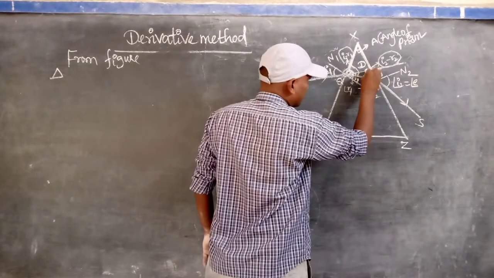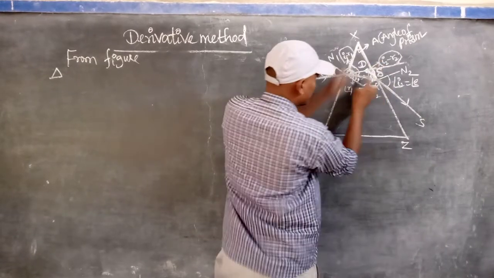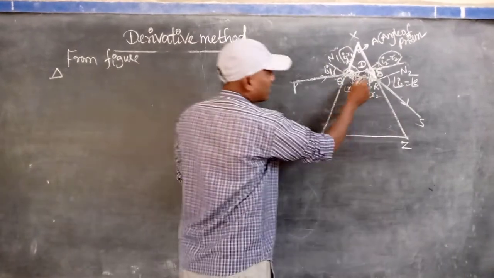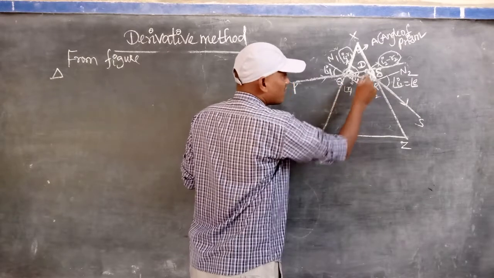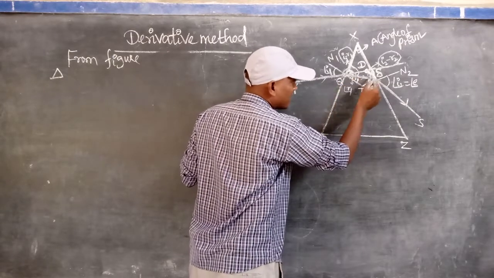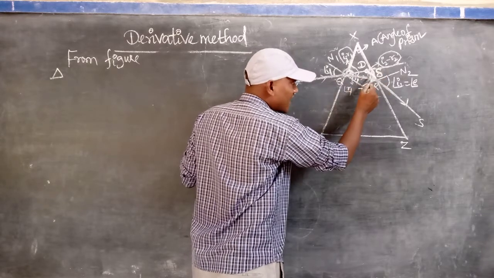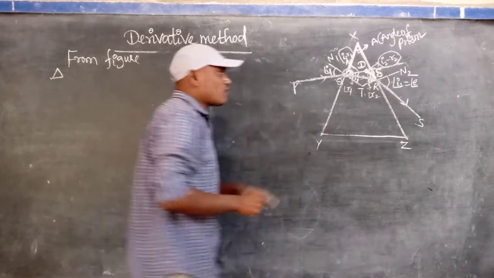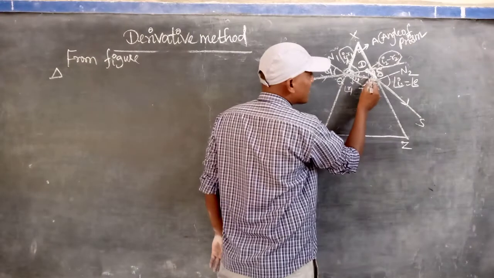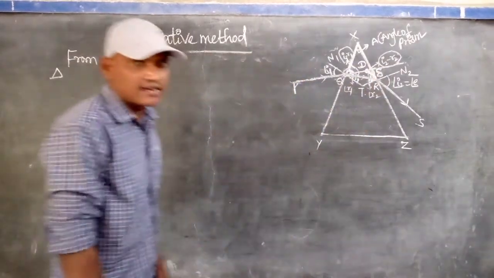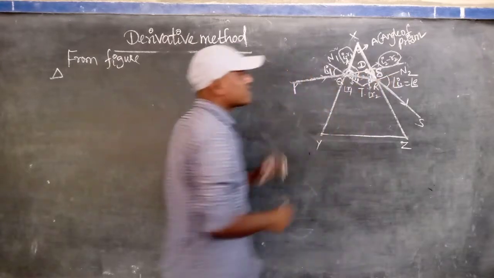D, this is considered D, Q, R. Listen very carefully. So here, D, Q, R. For this one, here one angle is there, here one angle is there, and this is the one angle. That's why two are the interior angles and one is the exterior angle. So according to the mathematics we know that the sum of the two interior angles is equal to the exterior angle. Is it correct or not? The sum of the two interior angles is equal to the exterior angle.